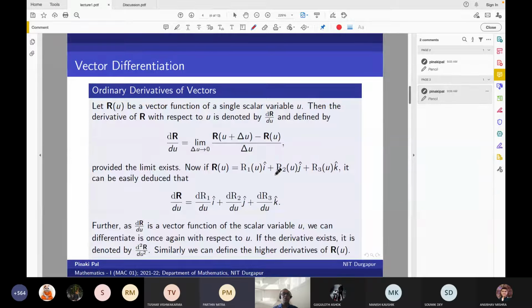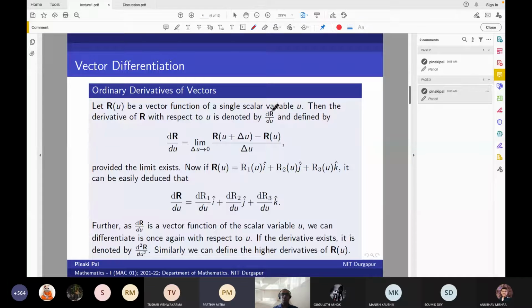And in that set, we want to introduce the concept of derivative, which is very, very important. It is the rate of change of something with respect to another variable. If we change one variable, the independent scalar variable, how is the vector changing, at what rate is the vector changing, that is our objective in defining derivatives. So first of all, we'll deal with the ordinary derivative of vectors. Suppose r(u) is a vector function of a single scalar variable u. Then the derivative of r with respect to u is denoted by